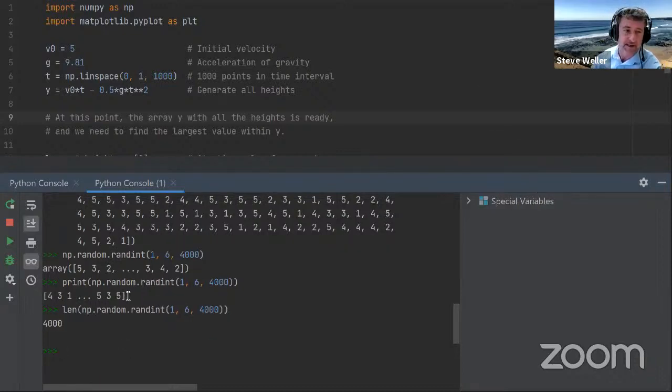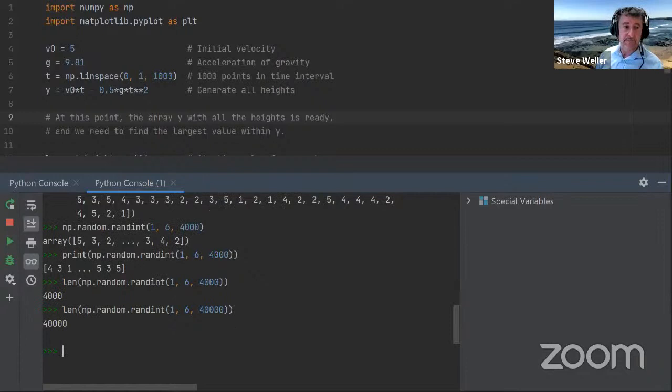So even though it's only displayed the first 3 and the last 3 numbers, the rest are indicated with dots, it has actually generated 4,000 random numbers for us. And if we want to generate 40,000, we can do it. No problems. It took a little bit of a blink there, but it's very powerful, and that's much faster than calling the random module 40,000 times.